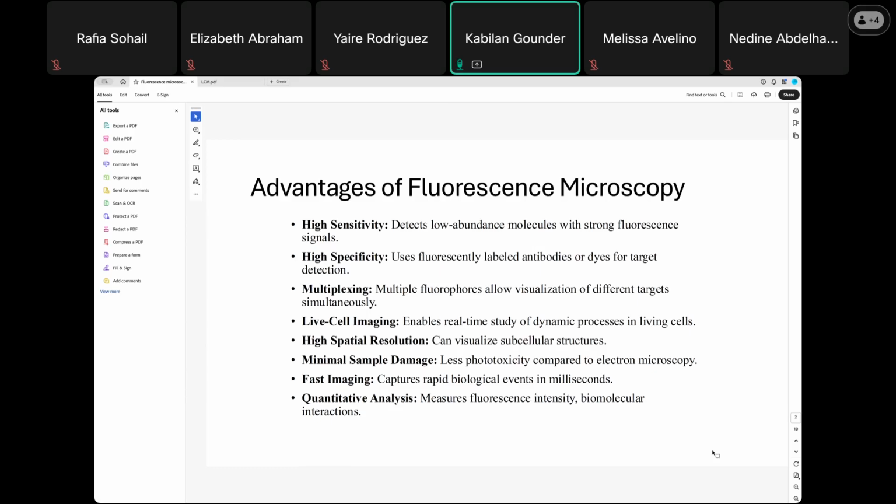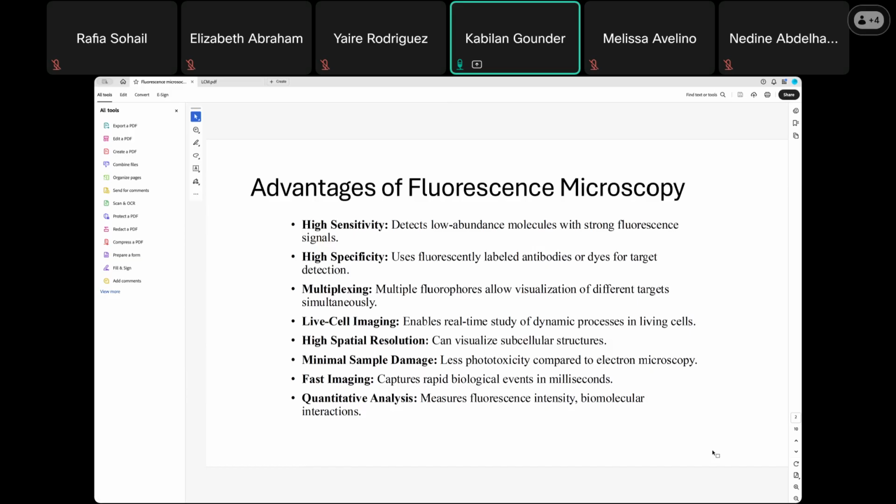Also the multiplexing. Multiple fluorophores allow visualization of different targets simultaneously. So this is another very important advantage. Usually, if you are interested in only one target, you can use one fluorophore, and then directly identify and see the expression. But if you really want to study protein-protein interaction, or how one particular protein affects other cellular targets,